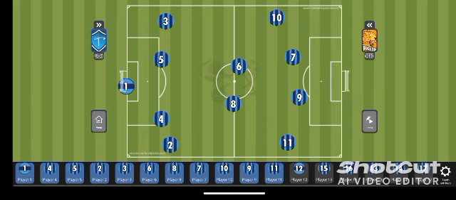That is why nowadays coaches used to ignore this formation,